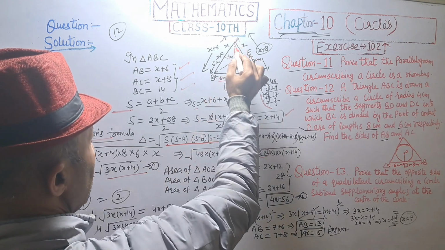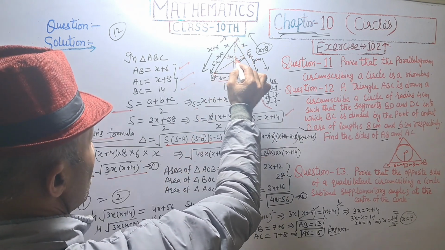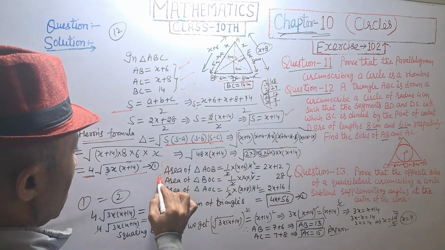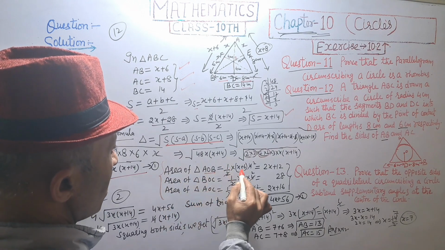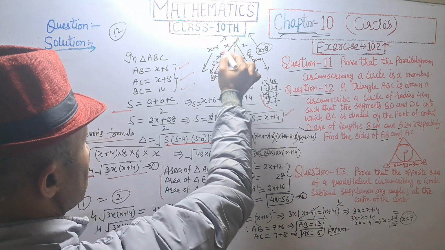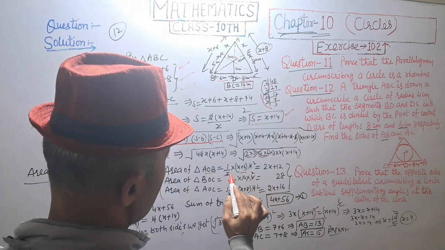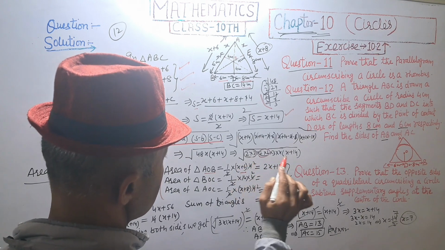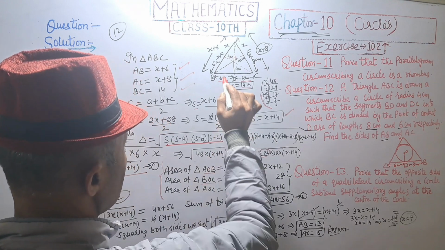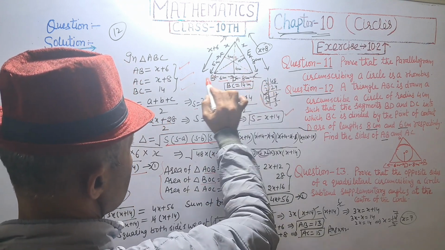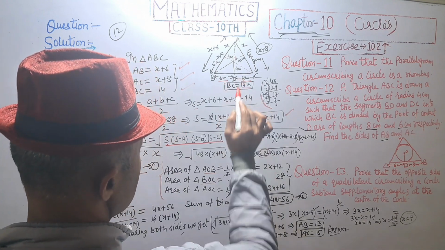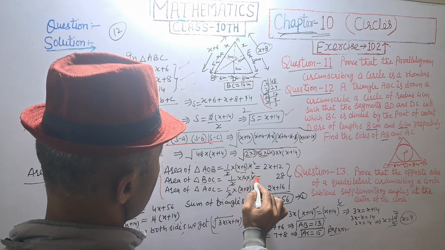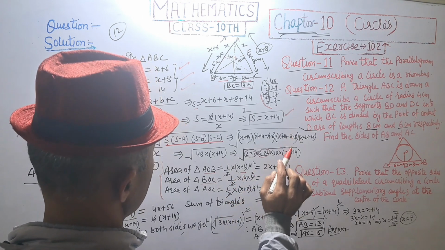And in triangles AOB, BOC and AOC, the sum of the areas of the 3 triangles. Area of triangle AOB is equal to half into base into height, base is x plus 6 and height is 4, and 2 divides 4 two times, and 2 multiplied by x is 2x, 2 multiplied by 6 is 12. Similarly, area of triangle BOC, base is 14, 6 plus 8, multiplied by 4, half into base into height, 2 divides 4 two times, and 14 2s are 28.